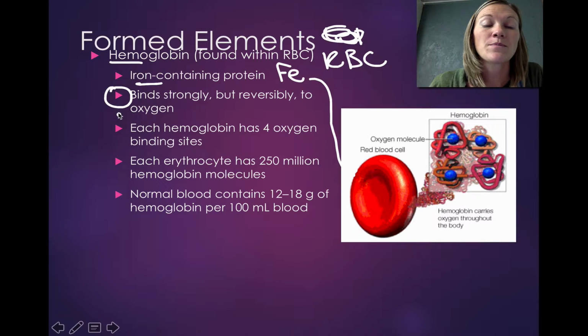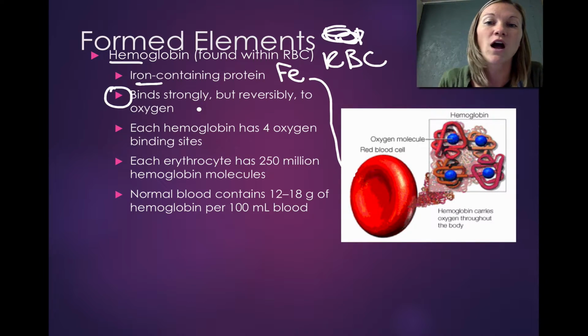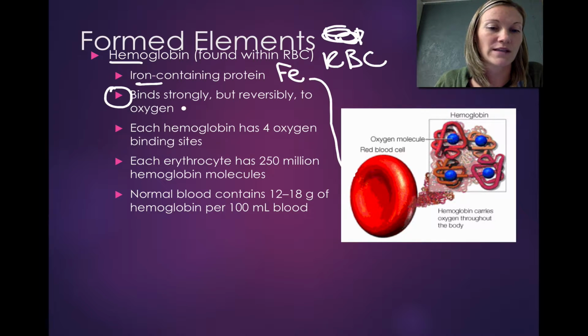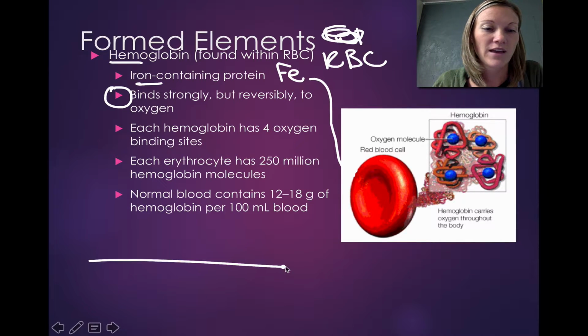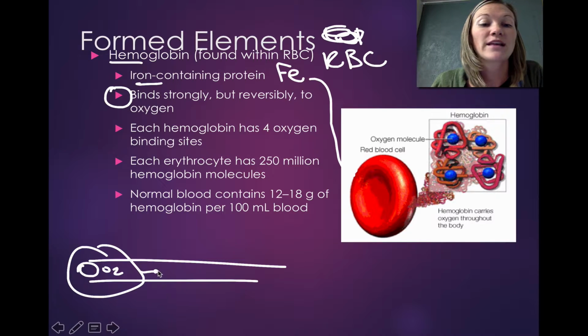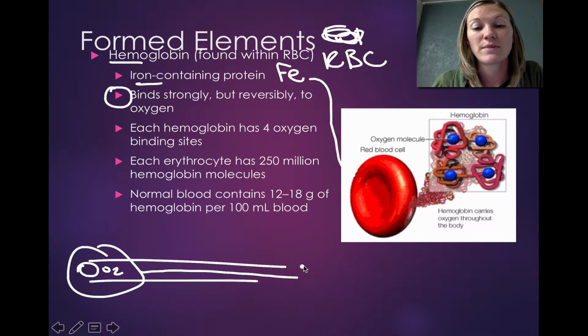This is a big deal because the affinity for oxygen will enable you to... Oxygen wants to diffuse onto hemoglobin, but it doesn't want to diffuse onto it so much that it won't let that oxygen go. Because basically what you're doing here, if this is an artery, if you have a red blood cell with oxygen on it, it's going to be delivered through your arteries maybe to, we'll just say that this is a